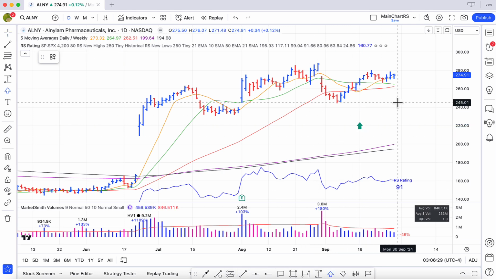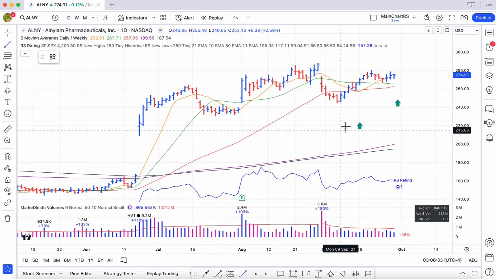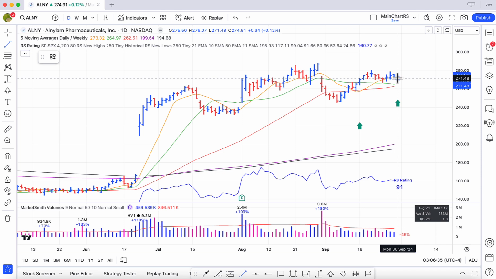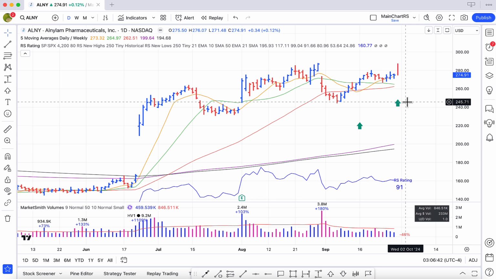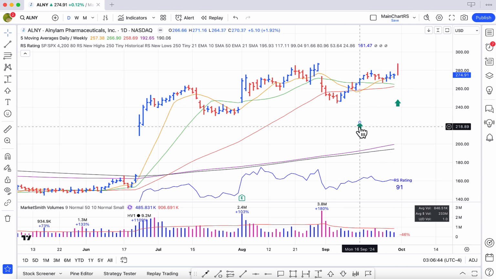Let's just say I was buying on these 2 days, and we're imagining that this day broke out. So I would put an arrow on the days that I bought, and then what I do is